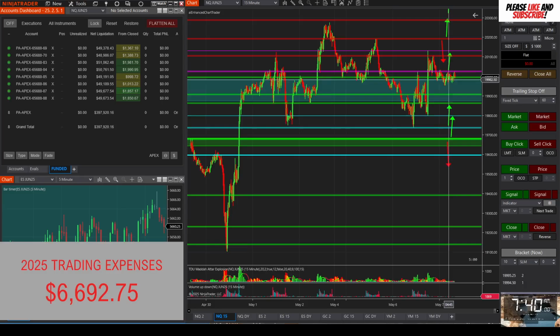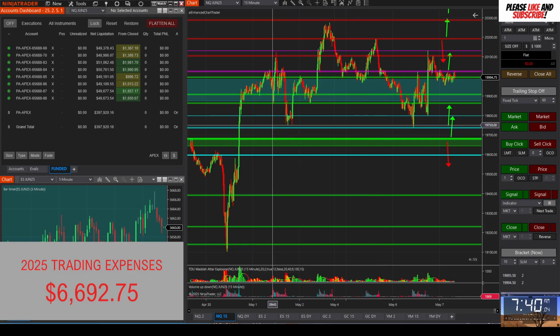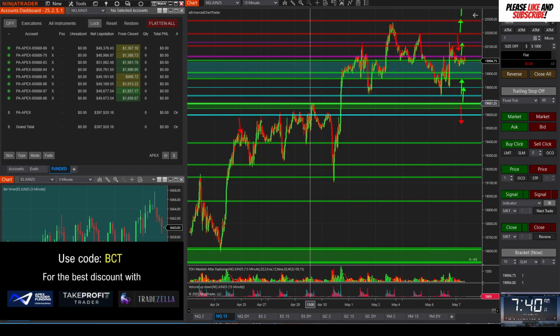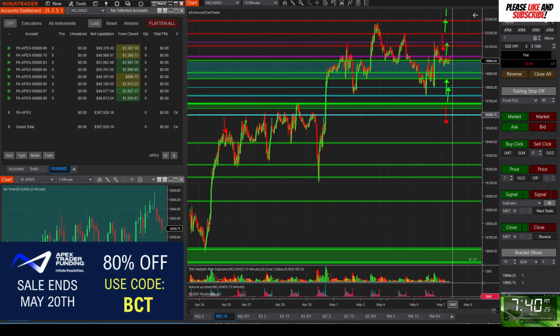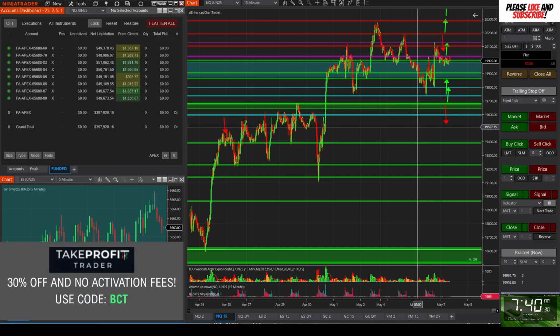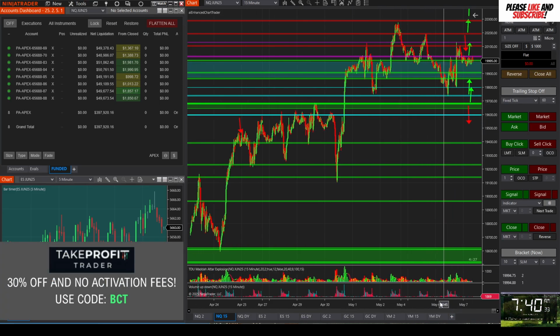To the downside, I'm not looking to get into anything until we test yesterday's lows around the 750s or this big flip area, if you will, around the 700s. If we get down to this area and test that, it could set up a beautiful long. It could also, if this fails, set up a beautiful break and retest short. The only concern is this bright blue line here is the daily 50. So you would be shorting into the daily 50, so some level of caution would need to be exercised to take that trade.